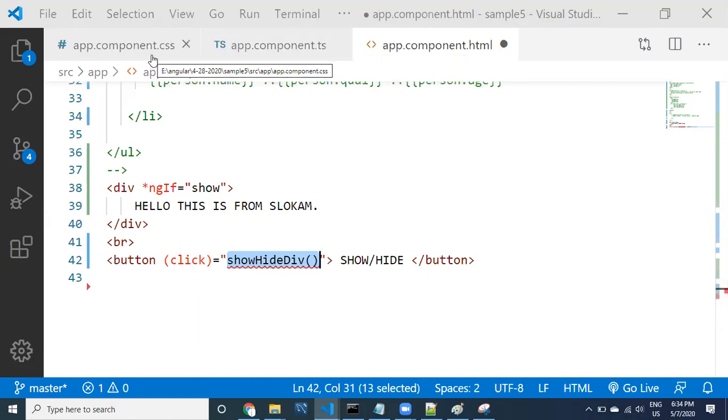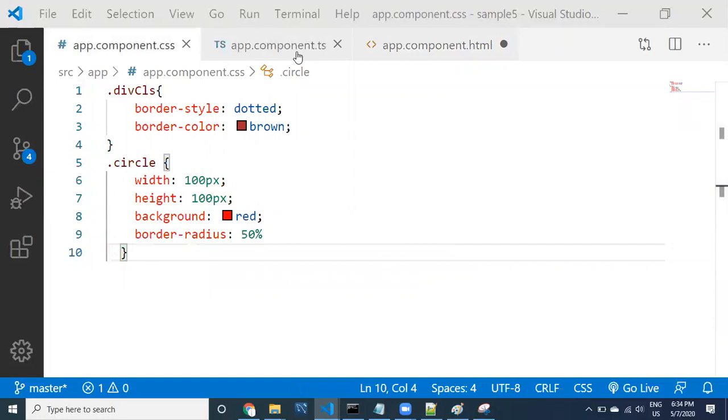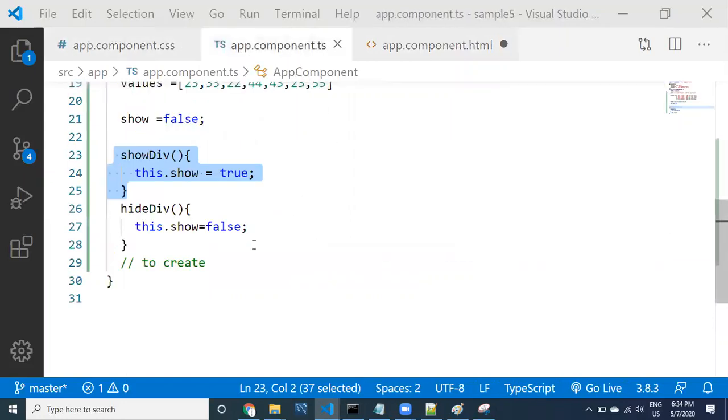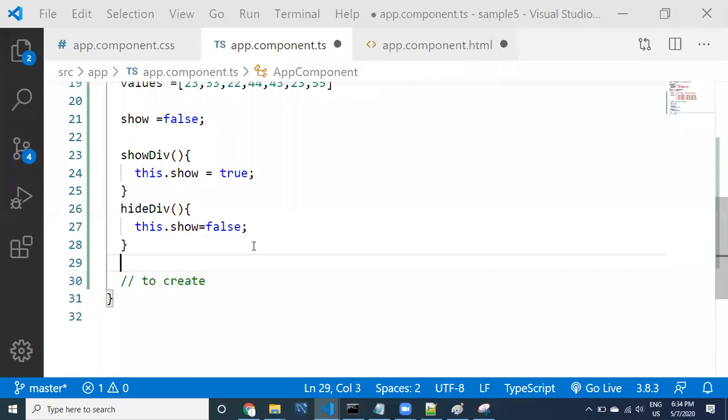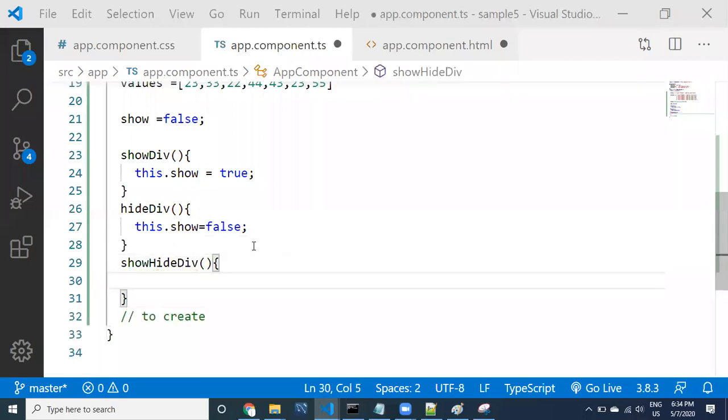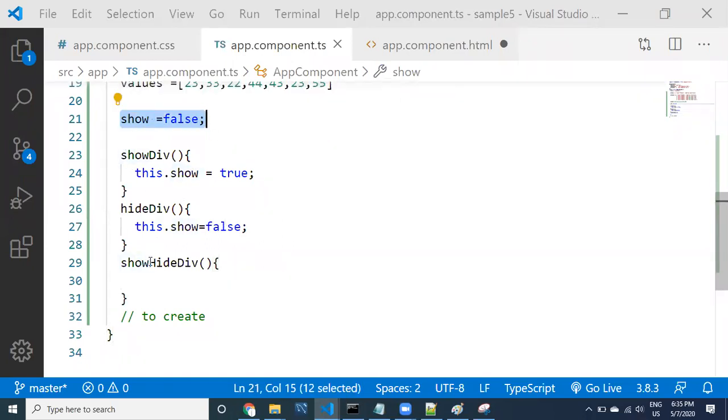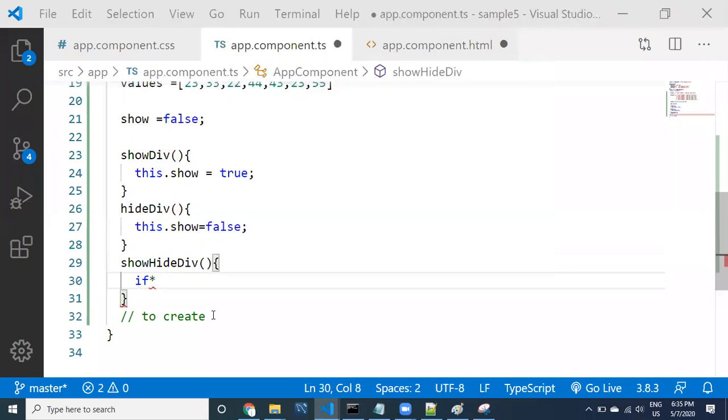You can go to the TypeScript file. Here I have to create a method, showHideDiv. Inside it, first I will check whether the property is true or false, using a normal programming approach.